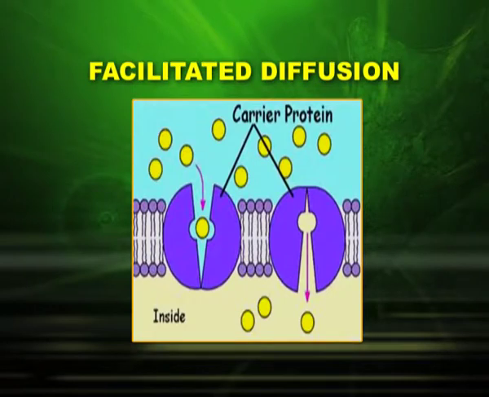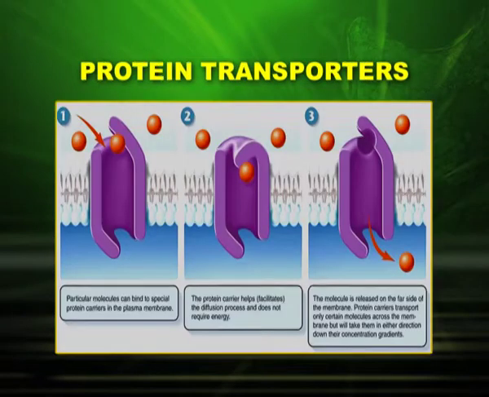Now, the diagrams clearly show how the molecules are taken by the carrier proteins, and the carrier proteins help in the diffusion of the molecules from outside to the inside of the cell. These carrier molecules are embedded in the plasma membrane. There are certain protein transporters present in the plasma membrane, and this diagram clearly shows the first diagram